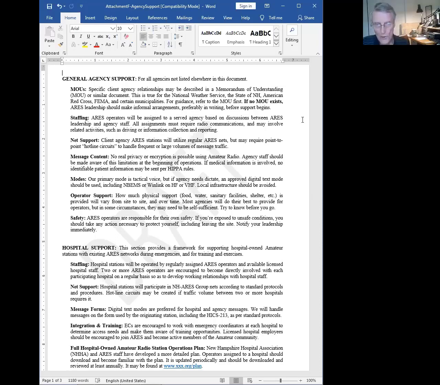Yeah. Okay. So these aren't really MOUs. This is just stuff in your operations plan. Stuff in the operations plan, but it's also more importantly in the operations plan of the served agencies. They have the shared phone plans, the tree list of who to get a hold of for my area. Okay, good. That's a good way to do it.